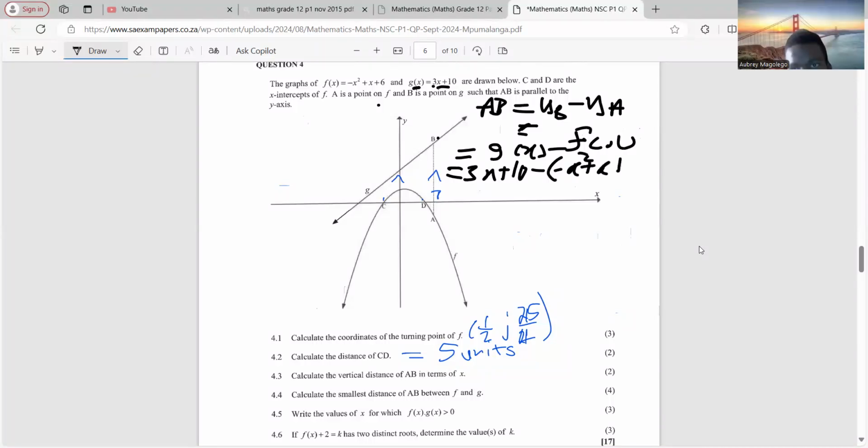Therefore, we close the bracket. Therefore, we move on, we simplify. 3x plus 10, negative multiplied by negative x squared, which is positive x squared. Negative multiplied